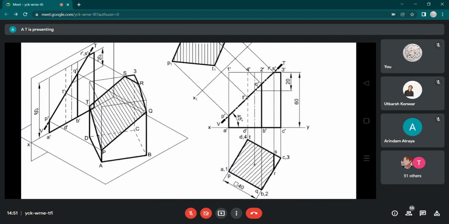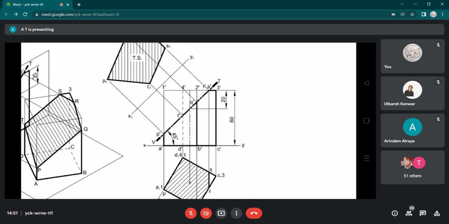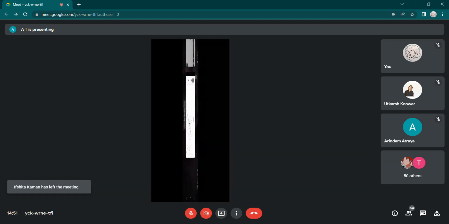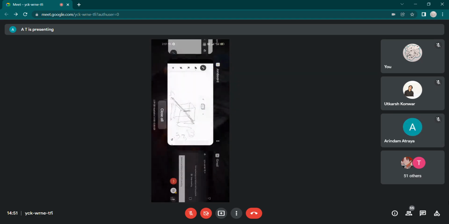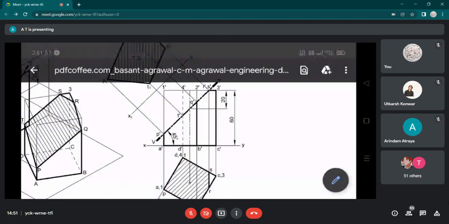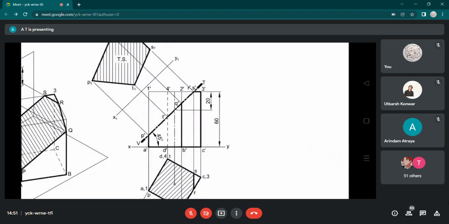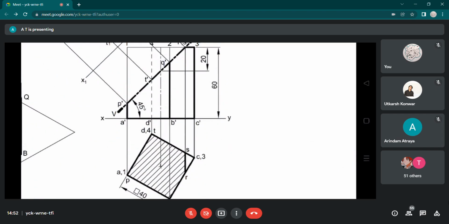You have to understand the sequence in which it is constructed. You have to focus on this figure, the right figure. So first of all, you have to